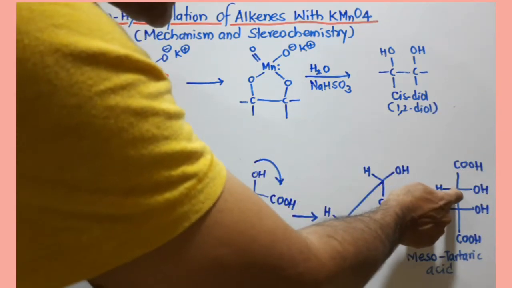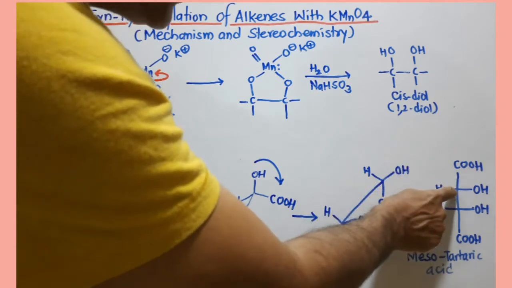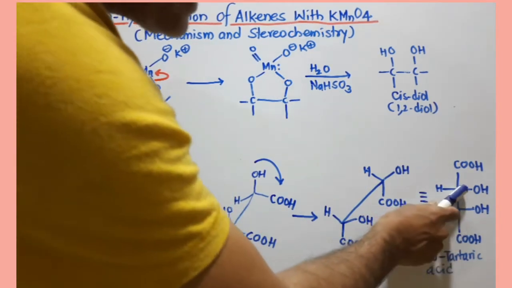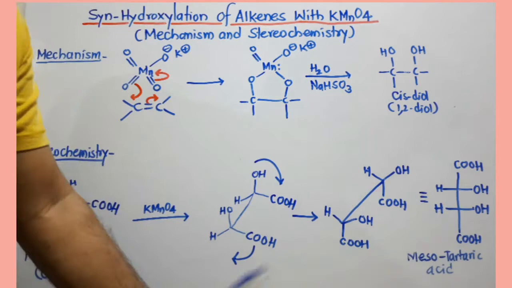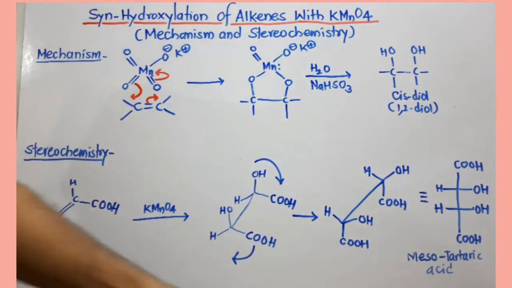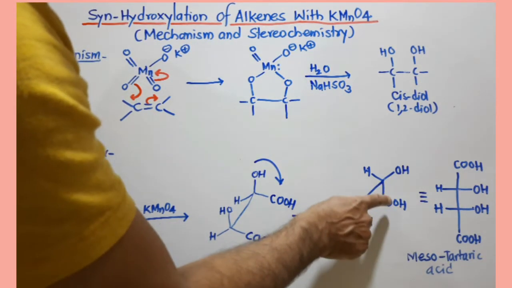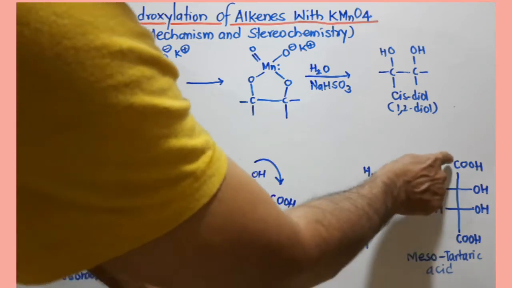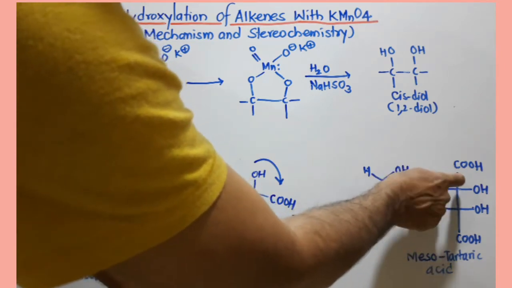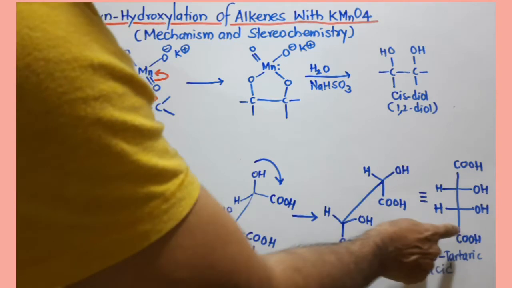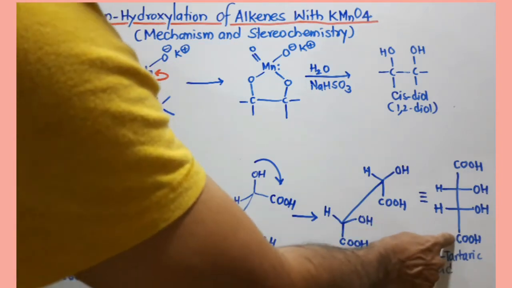The point of intersection of these 2 lines is actually a chiral carbon. So this is a chiral carbon, this is a chiral carbon. You can see 4 different groups are attached. Now see, this is lying below the plane. So I must join this at the terminal because this bond is lying below the plane. And similarly, COOH you can join here.